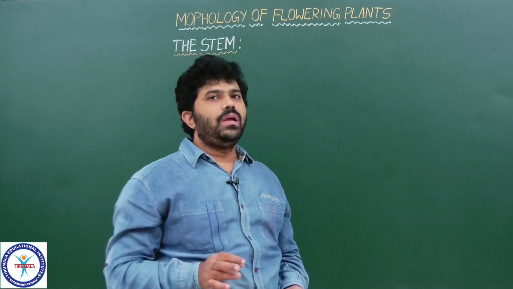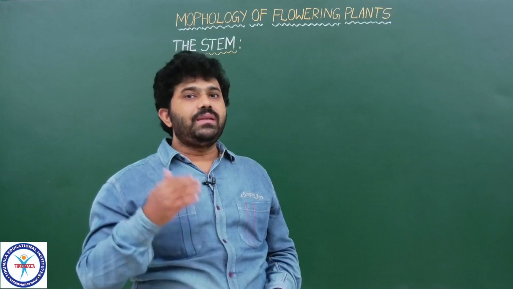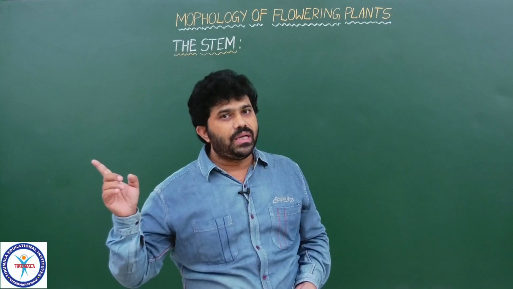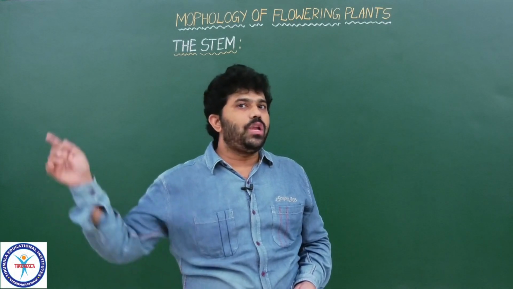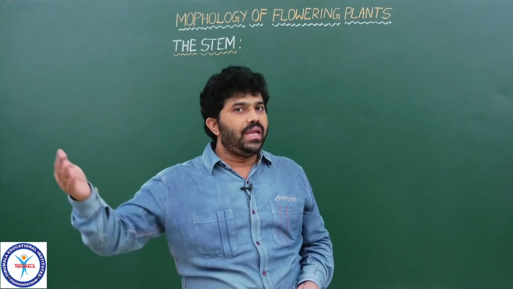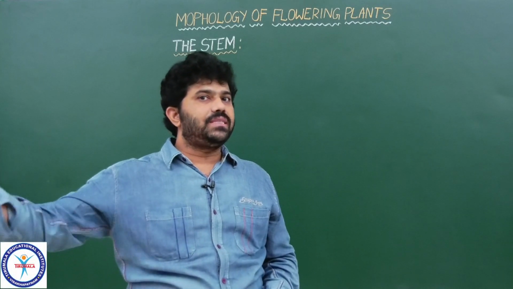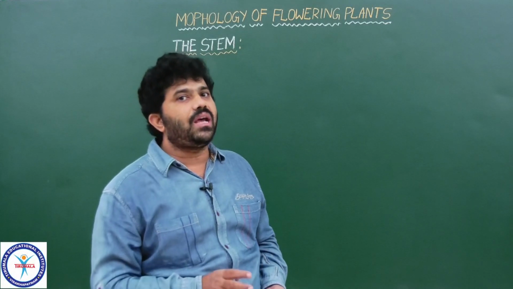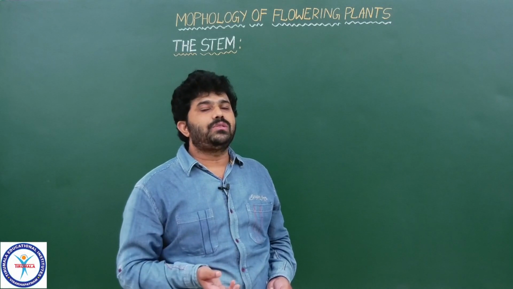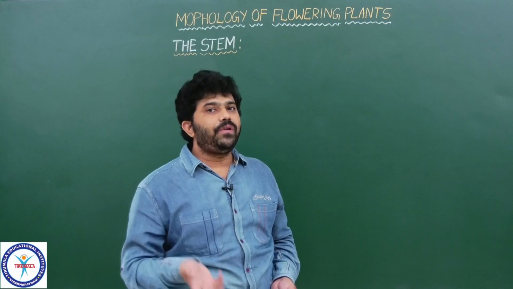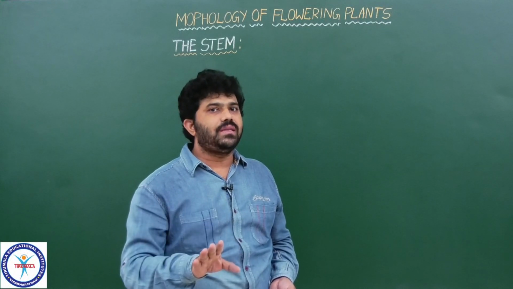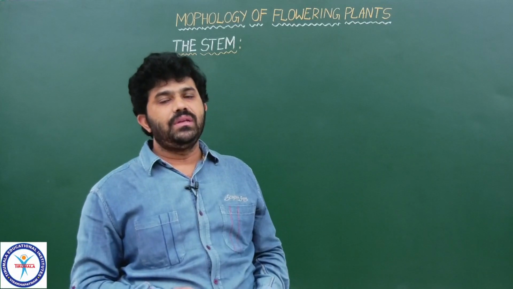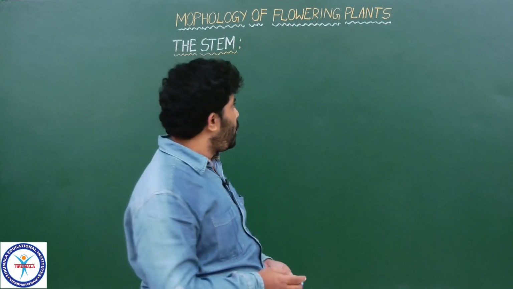Later we go for discussion of the functions of the stem. What are the basic or main functions of the stem? You know what the basic functions carried out by the root are. In some plants, roots do not perform only those main functions; they perform various functions through modifications of the root. In the same way here also, stems in many plants perform different functions other than the main functions by changing their shape and structure. These are called stem modifications. So everything we discussed in the chapter, dear students, you focus.